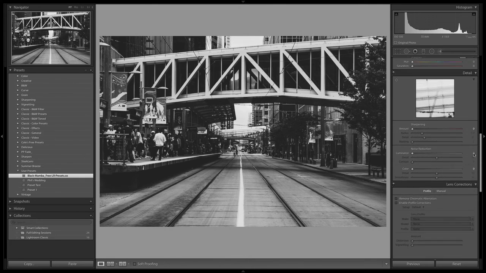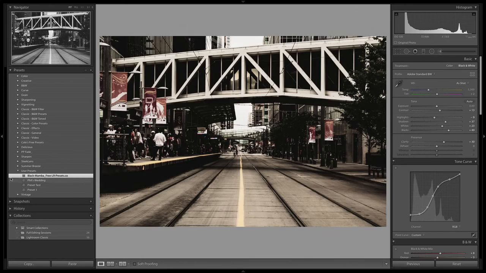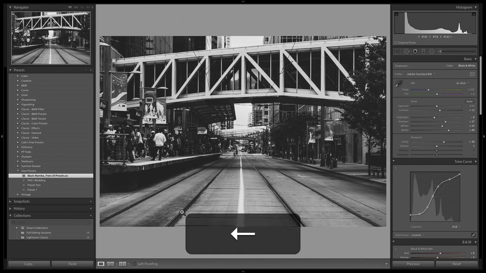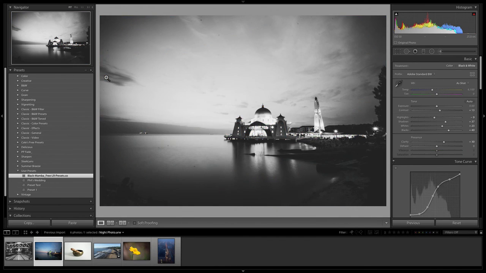Everything is editable, so we can go ahead and edit it just like the other presets. We can move it around from folder to folder if you want, or create your own folders specifically for presets from that website, however you want to organize them, but I do recommend definitely staying as organized as possible. So this is just a really quick way to basically apply the same style to a bunch of photos at once, basically just by going from one photo to the next. Say we go to our next photo down here, and we want to apply Black Mamba. All we have to do is click that button, and we're good to go.